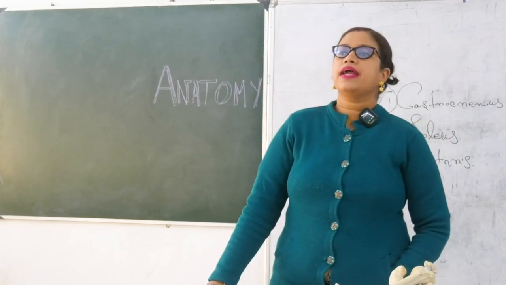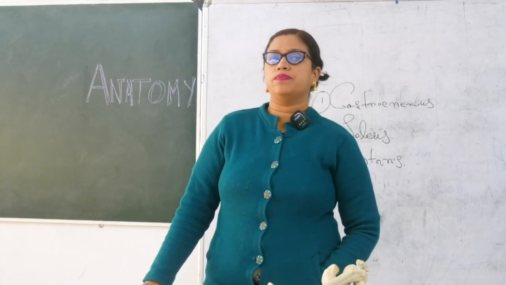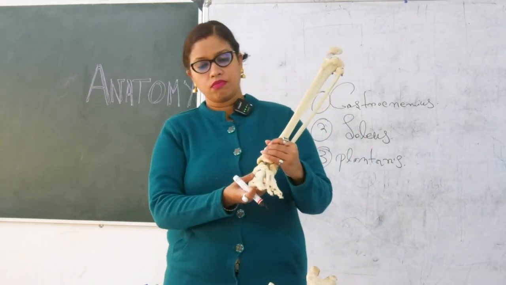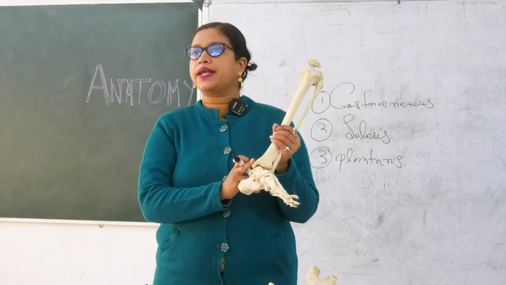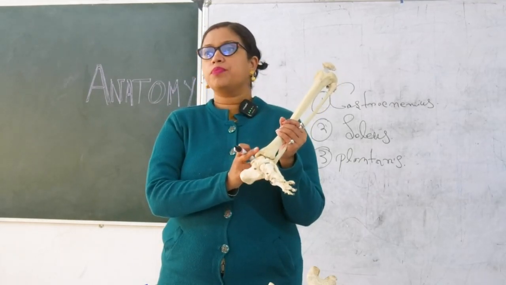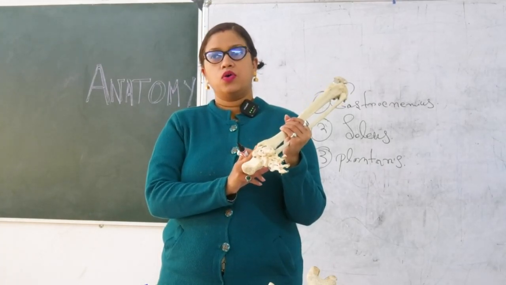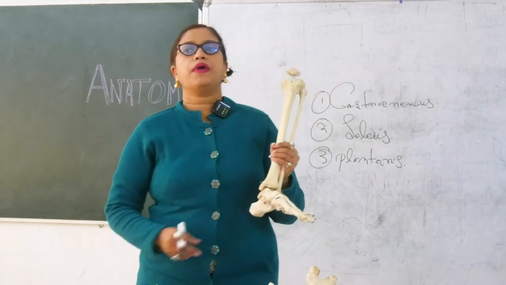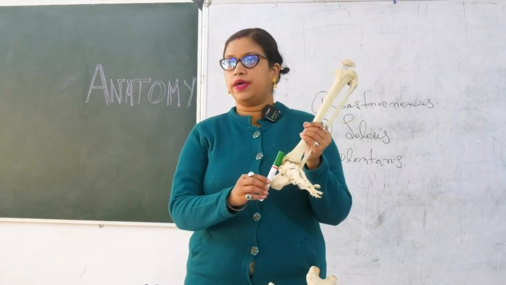Now one very important thing, write it down: what is the flexor retinaculum, which one is the flexor retinaculum? So where will the flexor retinaculum attachment be? Two things you have to know. Superior attachment, you write: on the border of the medial malleolus. And where will the inferior attachment be? Medial surface of calcaneum. So it is present like a band over here.